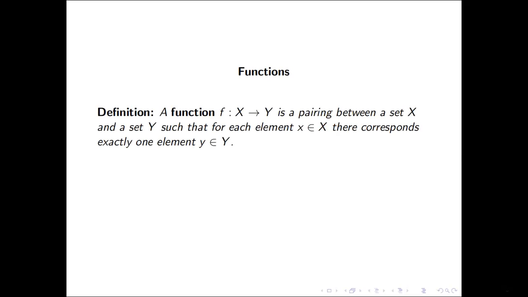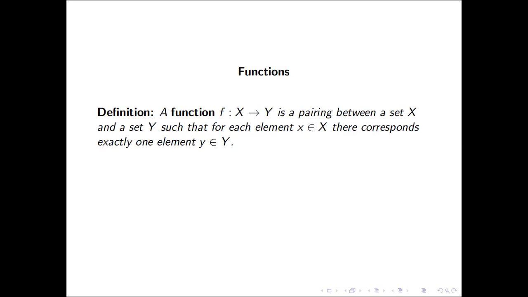So for today's session, we will have functions. We will be discussing the definition, domain, range, and composition of functions in this session. So let's begin by defining the concept of a function. It is essentially a matching, an association, or the word we have there is a pairing